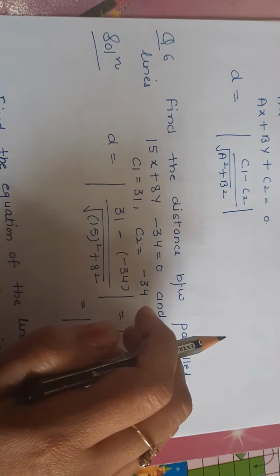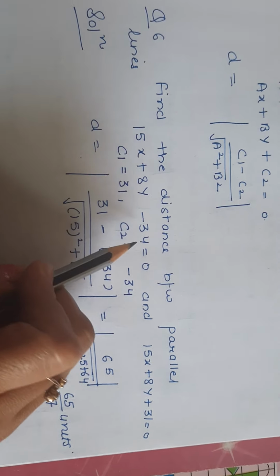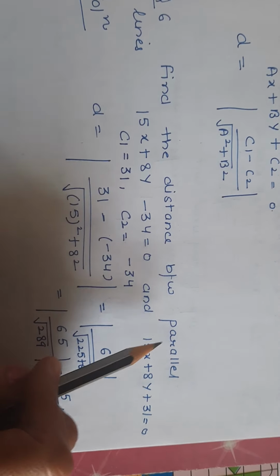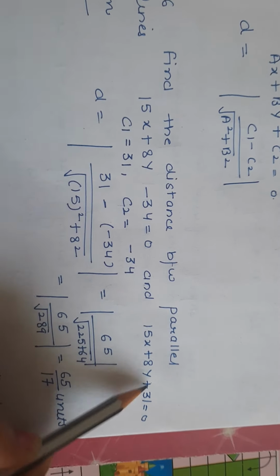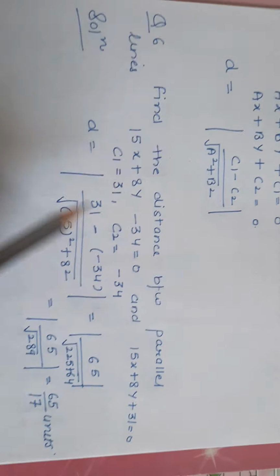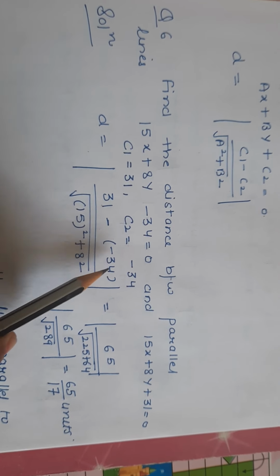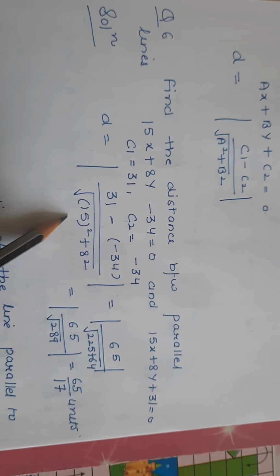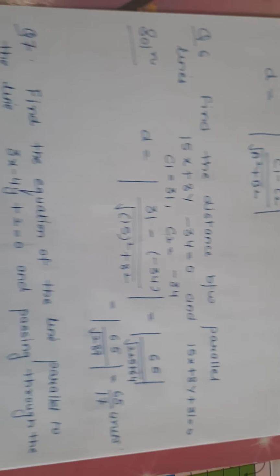Find the distance between two parallel lines. Just look here. The coefficients of x and y are the same. Here let C1 be 31, then C2 will be minus 34. Apply this formula: mod of C1 minus C2 divided by under the root the coefficient of x square plus coefficient